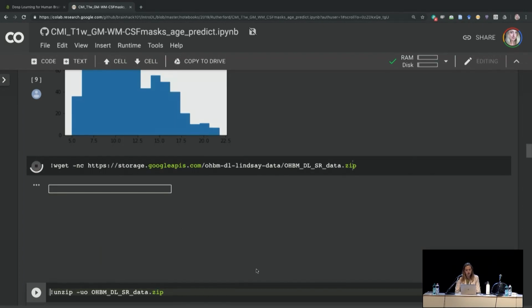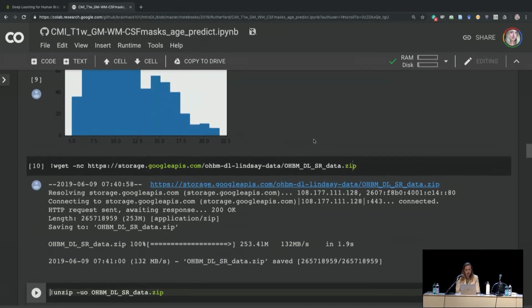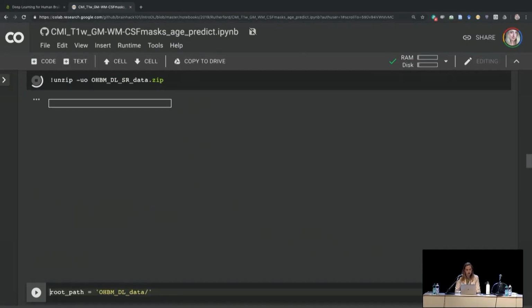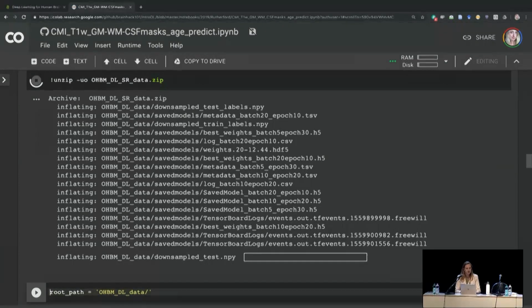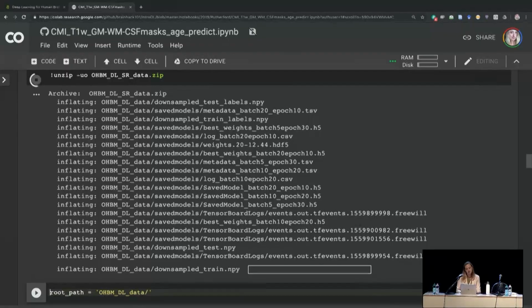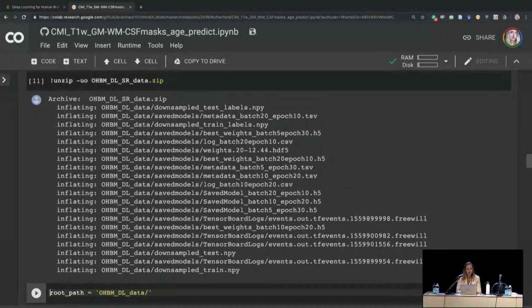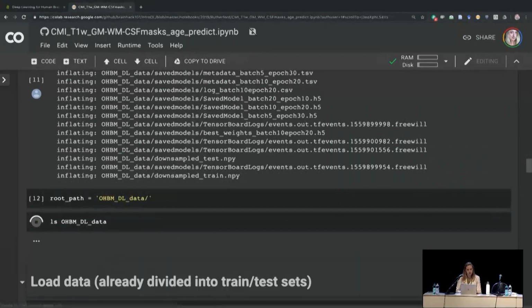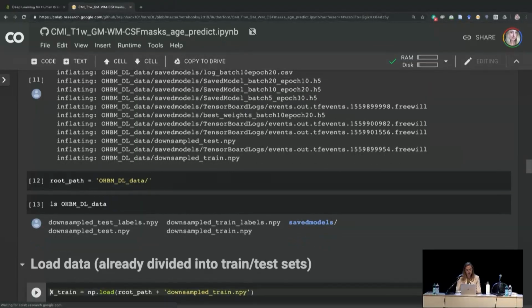I'm going to download the training and test data really quick, unzip it. Ooh, yay, this is going much quicker. Make sure it's all there, yep. Okay, so I mentioned I had already converted this into our train test split.